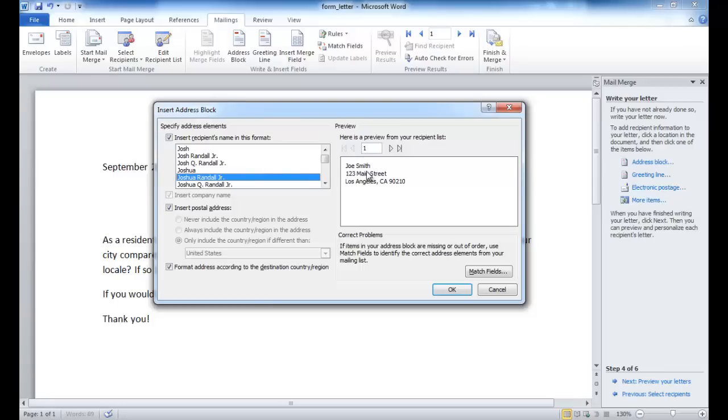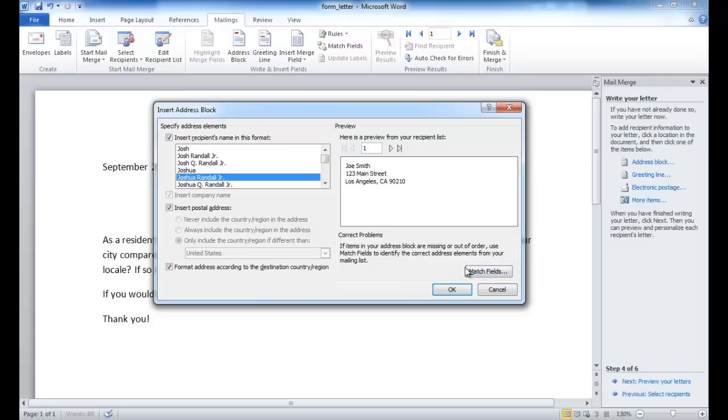This is the default, but let's say that we wanted to just go with just the Smith family or something like that. We can click this and it will go ahead and preview it for us, and we can take a look at our other recipients and how it's going to look. So I'm going to go with the one that it defaulted to,